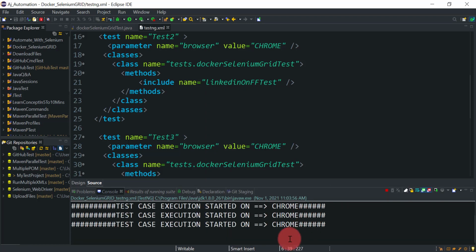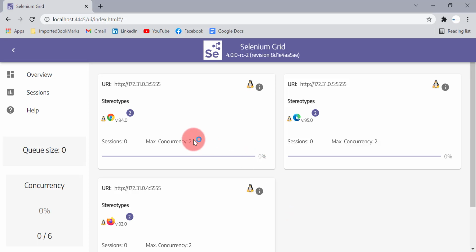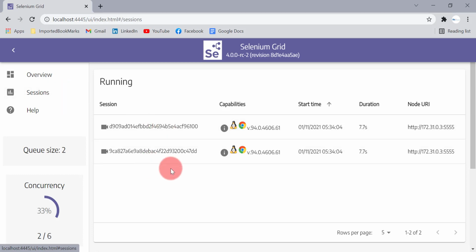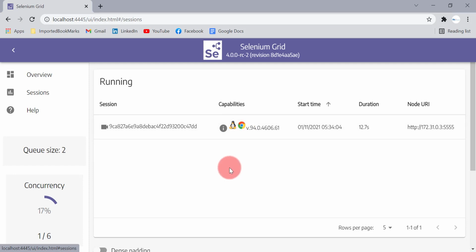Let's see how it is running at the Selenium Grid. You'll be able to see something here. Okay, so it has started 2 sessions at the same time. Even though we have provided 4 test cases, we have limited it to 2 sessions at the same time, so it is running 2 test cases at a time.